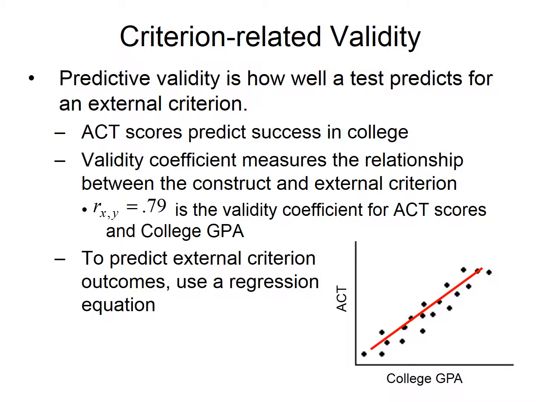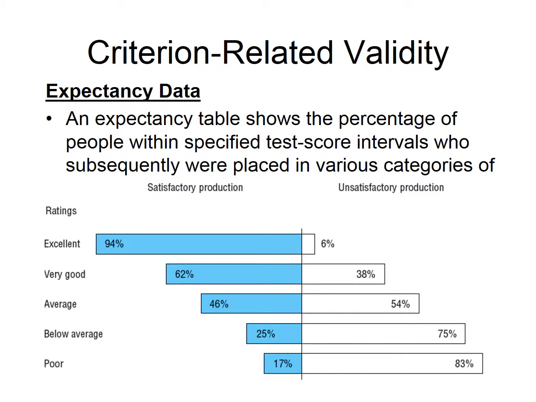So in my example here, ACT, we match each person's ACT score with their college GPA after 4 years. If we find a strong relationship, say 0.79, for instance, we've got evidence of predictive validity. We can also look at expectancy data. An expectancy table simply shows the percentage of people with a specified test score in intervals of who subsequently placed